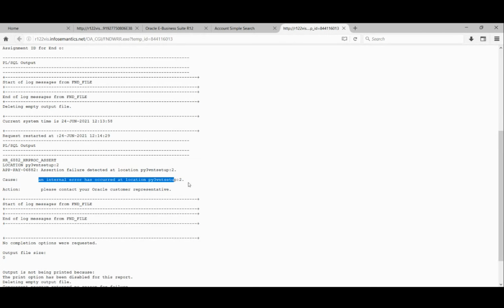Okay, I think there is an issue with the element. So probably the fast formula has gone wrong somewhere.